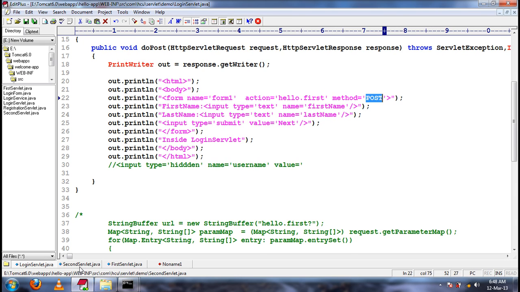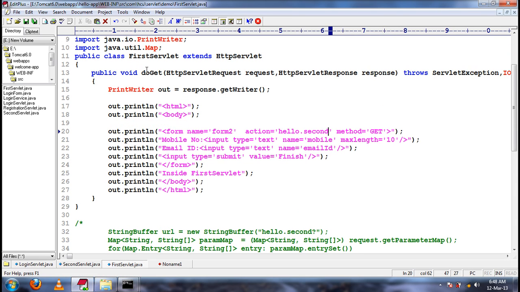In the first select, let me override doPost.